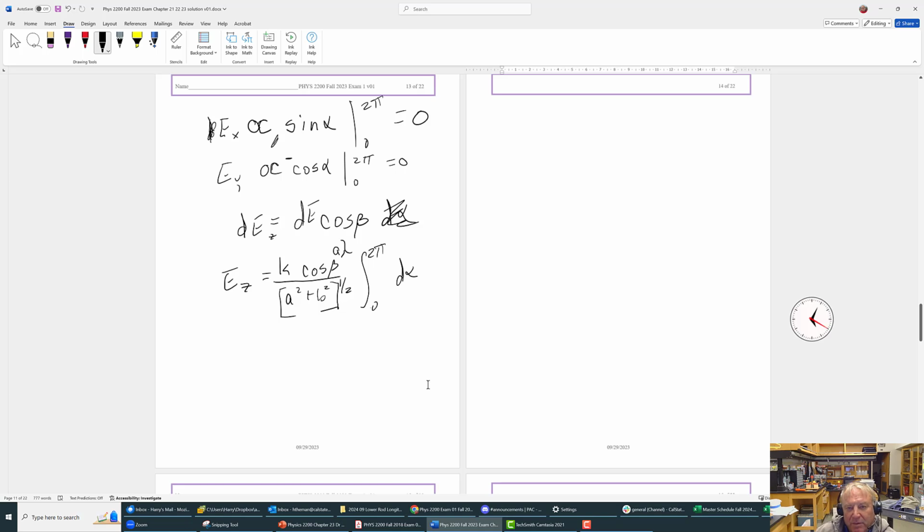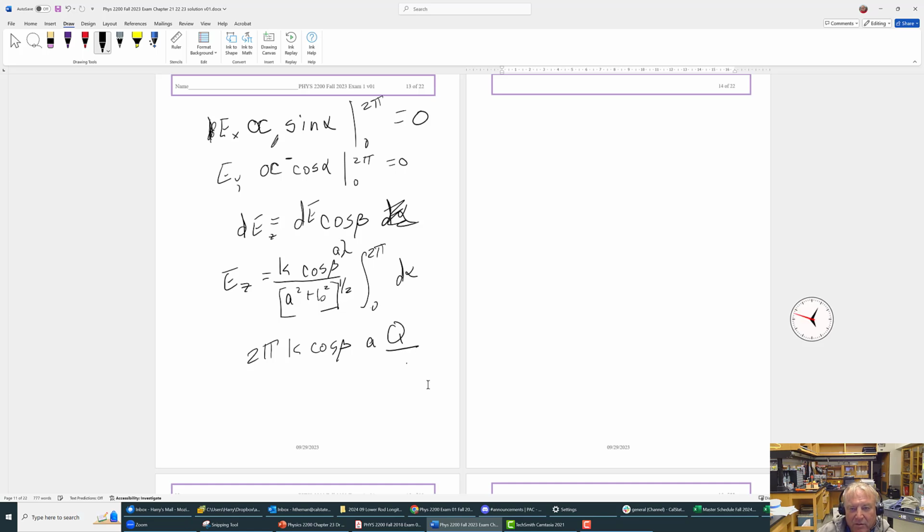Yeah, something's bothering me. I still think simply having cosine of beta. So anyways, this becomes just alpha. So it's then 2 pi times k cosine of beta times